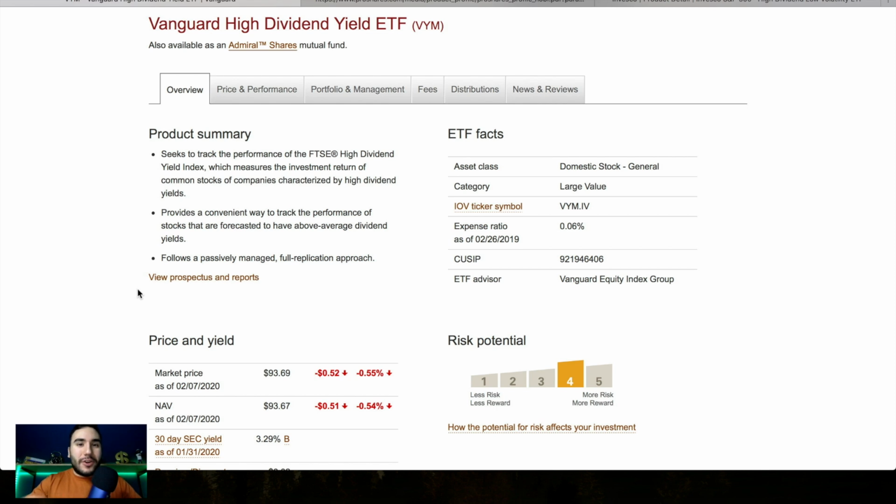Alrighty, guys, so let's start breaking down these 3 dividend ETFs that I'm buying right now in 2020, starting off here with the Vanguard High Dividend Yield ETF, ticker symbol VYM. And my goal with these guys is not to day trade them, not to swing trade them. It's to dollar cost average into them and eventually live off of the cash flow that's being produced from the